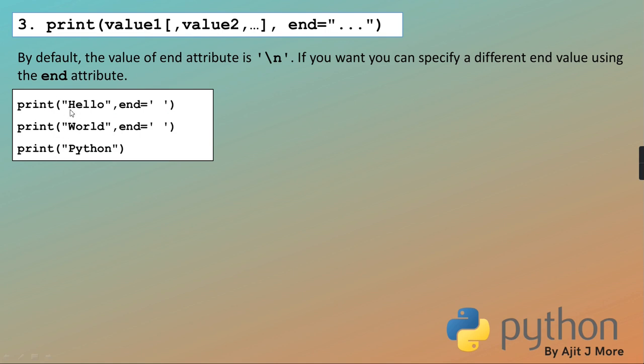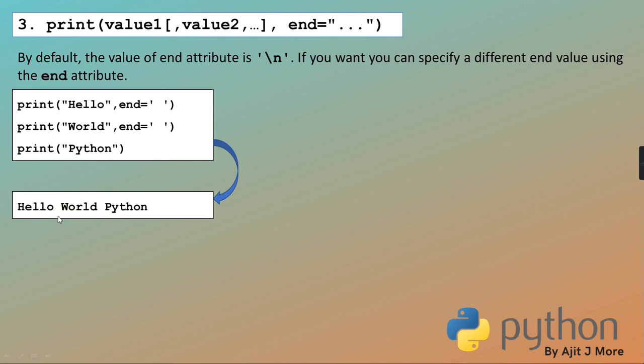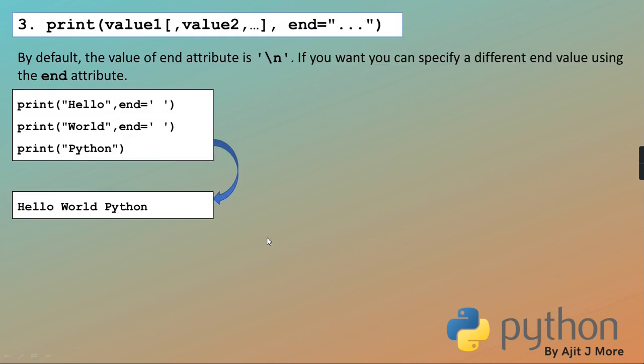Okay, just a quick example. This example also, yesterday I created one file and showed it to you. See, print hello, end is space. So after displaying hello, it will not put a new line. It will put a space at the end. Then world, again after world it will put a space. And then Python, and then it will put a new line. Because here you haven't given end. So as end is not given, what will be the end value? New line. Okay? So this way you will get the output. Hello space, world space, and then Python. Is it right? Clear?